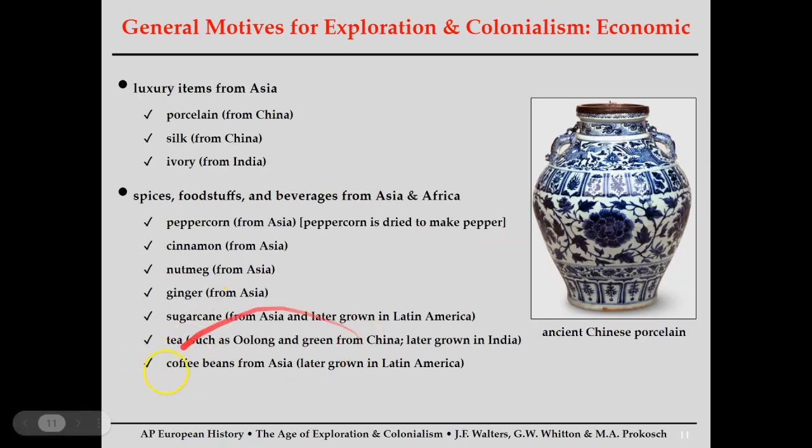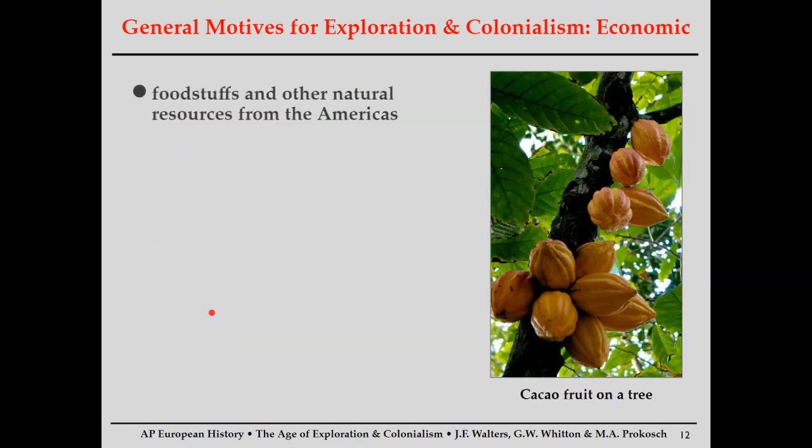On the same lines, we have coffee beans. Coffee was actually originally cultivated in Ethiopia, but we're going to find that Latin America, which is basically South America, Central America, and the Caribbean, has a fantastic climate to grow coffee, and Europeans will also have an obsession with coffee. Coffee and coffee houses were kind of like the fuel to the Enlightenment. People would go to these coffee houses in the 1700s and talk about politics. So understand these foodstuffs, especially sugarcane, gotta know it, as a major economic cause of colonization.